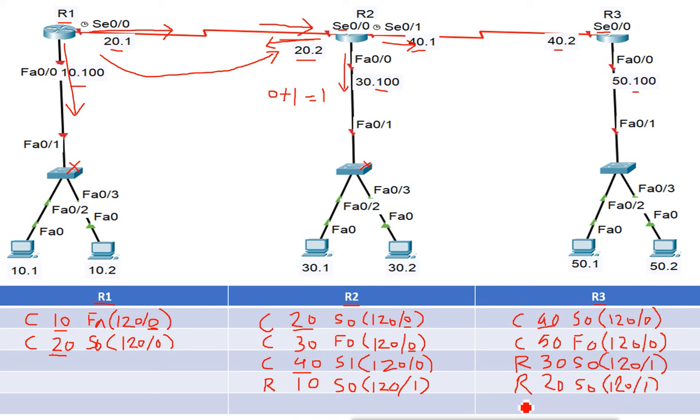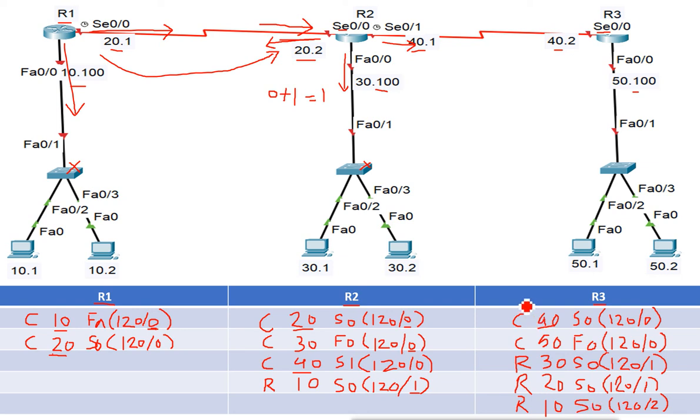Now again one more information it gets, and that is about network 10. Again it is coming from the same interface, and its AD value is 120. Now the hops, router 2 says it's 1. So router 3 will add 1 into it and it will become 2 here. That means router 3 says I can reach network 10 by using 2 hops, from this serial interface, serial 0/0.